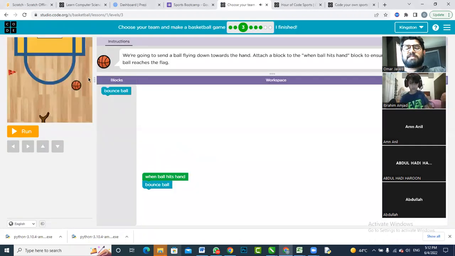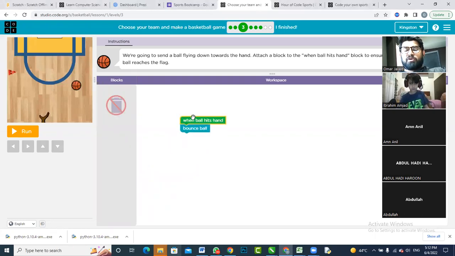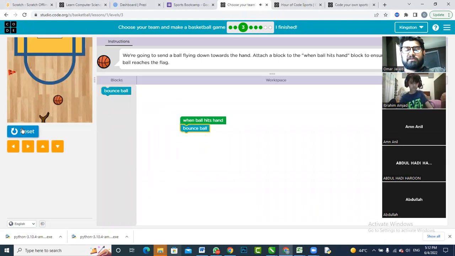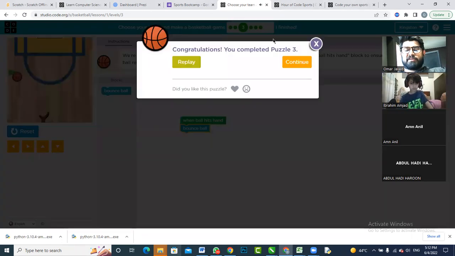The next one says that you now have to do something for the ball. So when the ball hits the hand, it bounces back. So when ball hits hand, you need to bounce the ball, run it, and it works perfectly fine. Now we'll